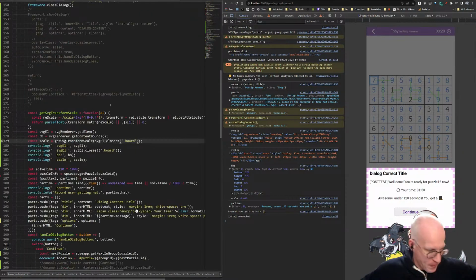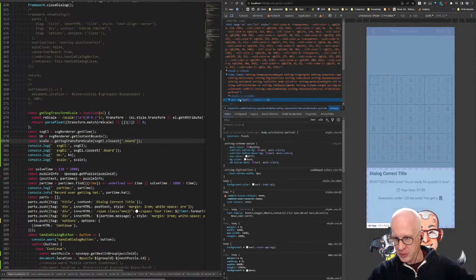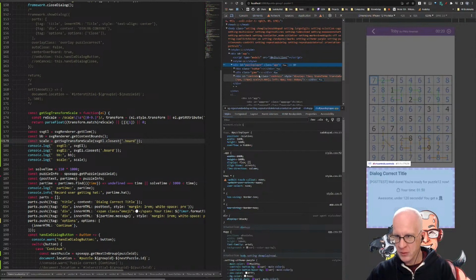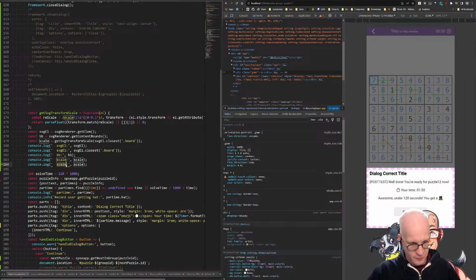Okay, so now the positioning is happening via the board, right? Not anything higher up in the hierarchy. Above board is game. Okay. So let's do that. Get that out of there. Right. And then we'll do something like